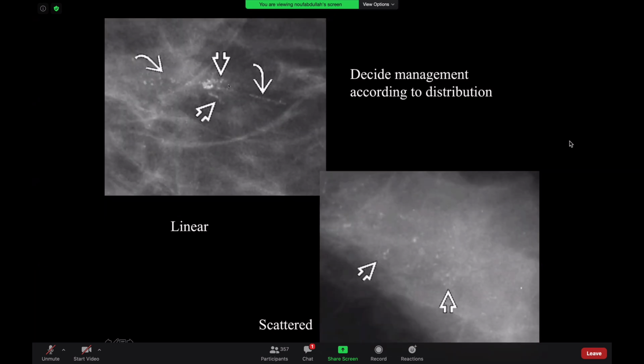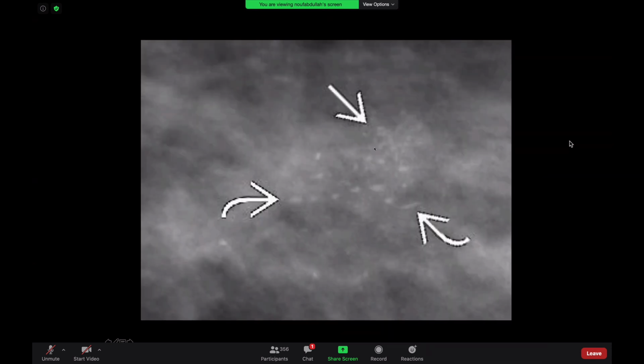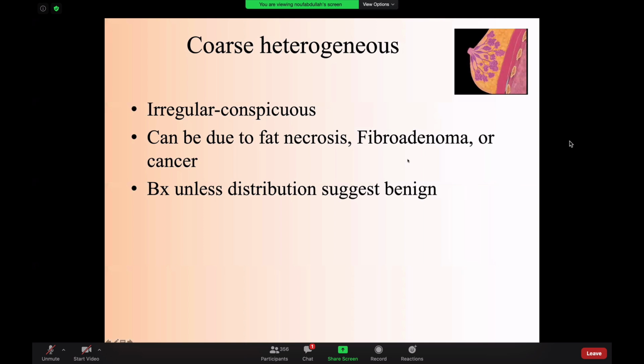Again, similar appearance, morphology, amorphous, very fine amorphous, and the distribution is suspicious. This is BI-RADS 4, highly suspicious for ductal carcinoma in situ. In this case, similar appearance, however, you can see that they are diffuse. This is benign. This is BI-RADS 2. I don't need to do anything for it. Similar appearance, you do true lateral magnification view. You see that there is milk of calcium. So this is BI-RADS 2, milk of calcium, nothing to worry about.